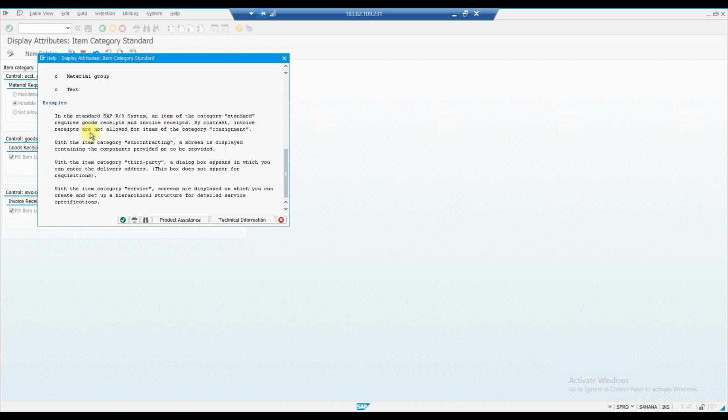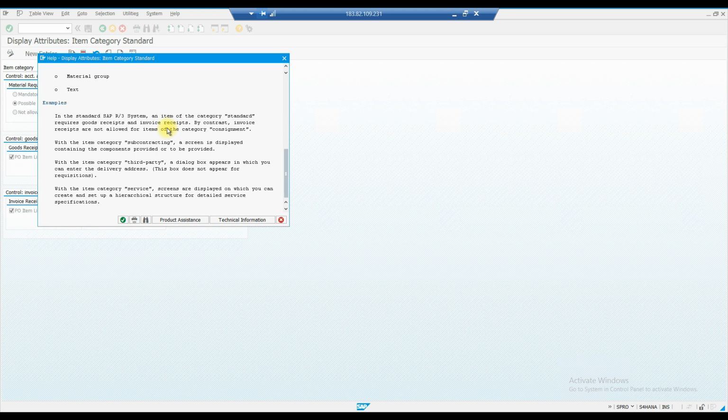By contrast, invoice receipts are not allowed for the consignment process, right? For the standard procurement, you will have a goods receipt and you will create an invoice receipt for that. But in the consignment process, there will be no invoice receipt. Rather, you will go for the